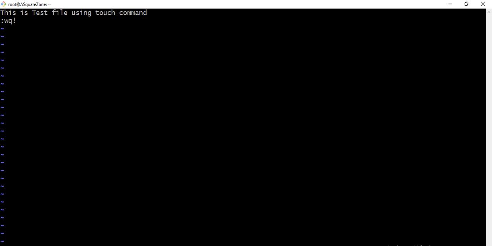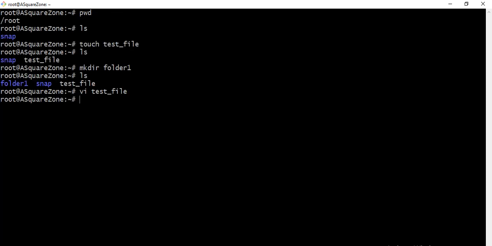We have to enter escape mode. After inserting all our text, we have to click the escape key, and later enter colon wq exclamation mark. Using this we can save the file.